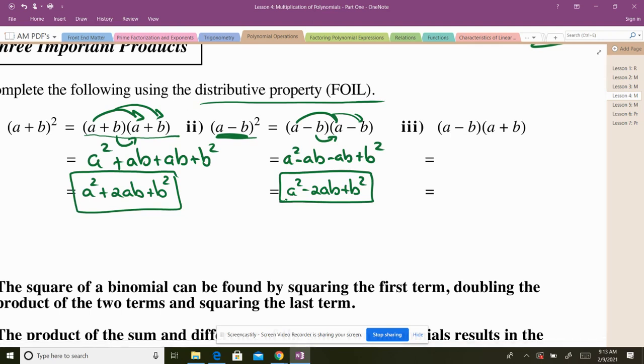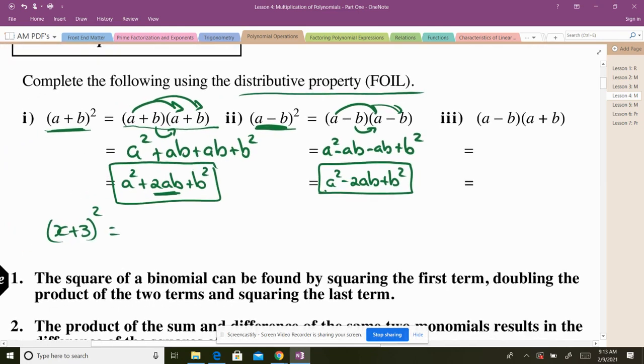So you've kind of just created a formula, all right? What it's saying is if you have a binomial that is squared, you're multiplying it by itself. If it's a plus b, the two terms are being added inside. First term's always a squared, the last term's always b squared, and the middle term is 2 times a times b. So for example, if I have x plus 3 all squared,